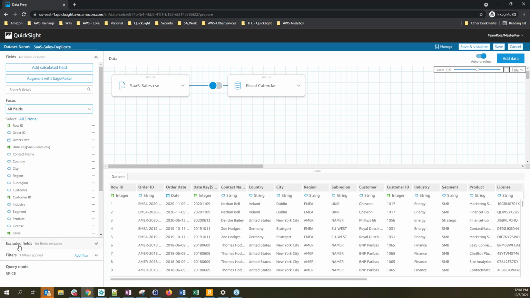So for that, let's click on exclude fields here. Sorry, from the field list, let's pick the fields that are not required. So I'm going to exclude the date key. To exclude multiple columns, use control or command and click on the fields to be excluded. In this scenario, I'm going to exclude the date keys from both the data sets